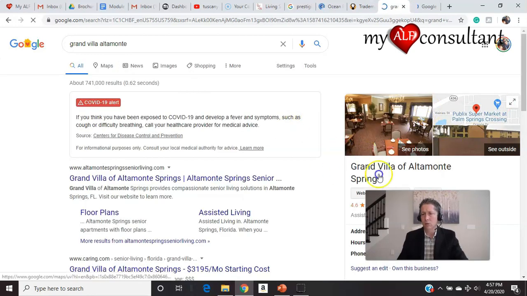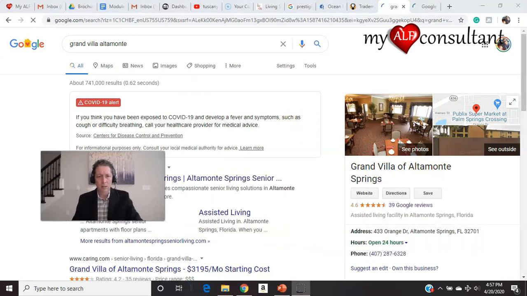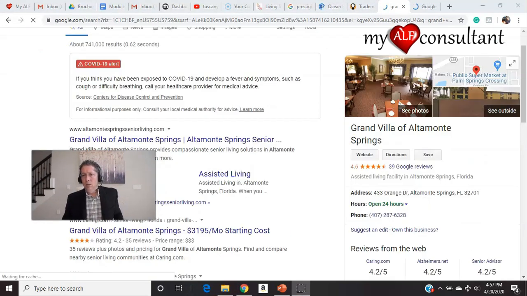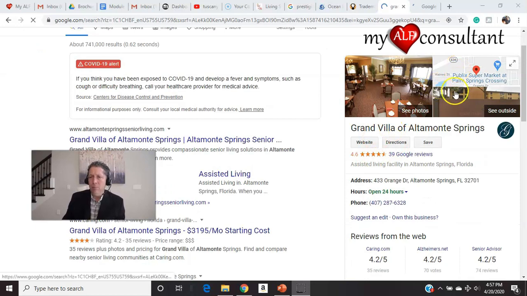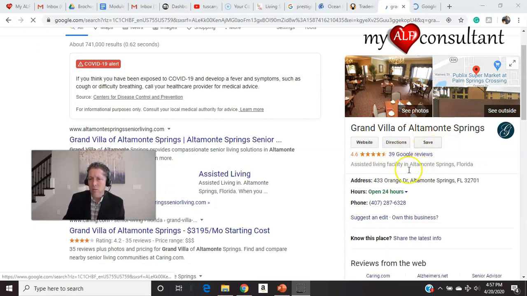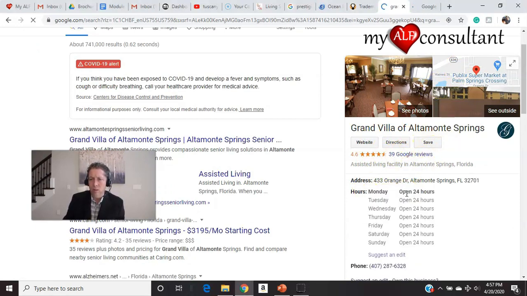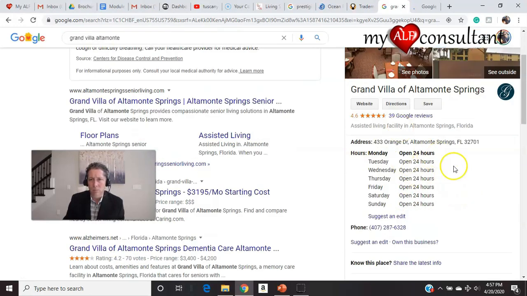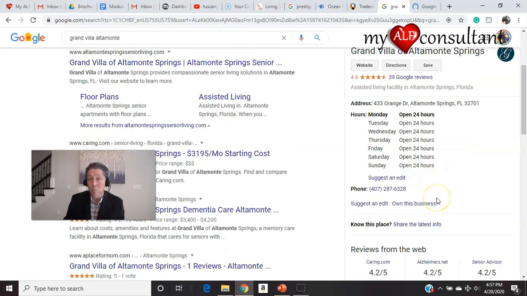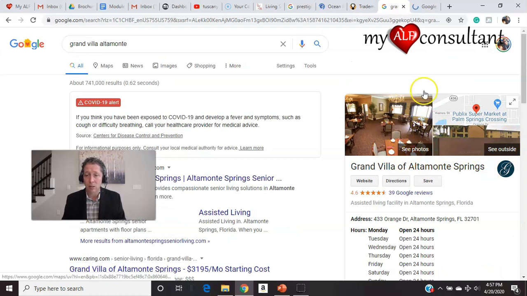There's Google My Business. They have a map linked to it, their website, their reviews, all this information. I told you that Facebook details are important, but this is more important, because when people are Googling, the keywords are all part of that search. So you have to make sure every single thing is filled out completely. Add as many photos as you can.